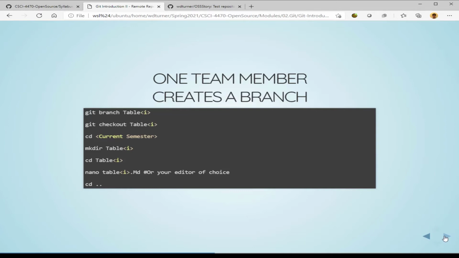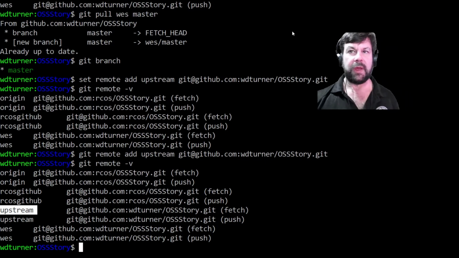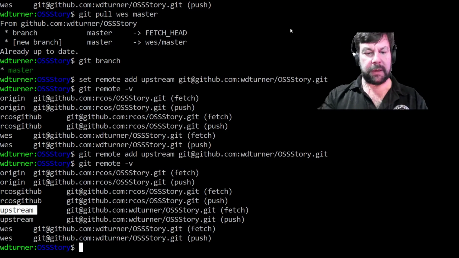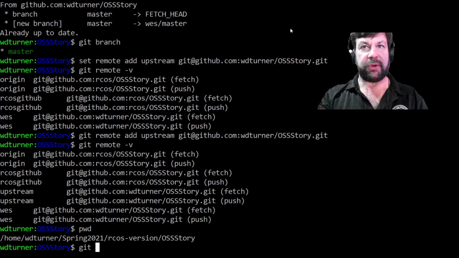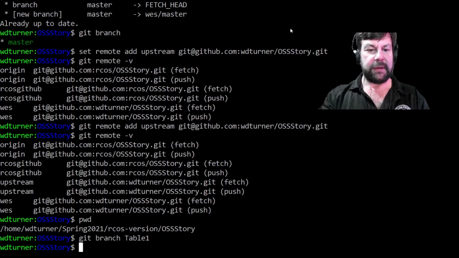I'm going to walk through this pretty quickly, but I think it makes sense to walk through this. When we're generally working now, where am I? I'm in Arcos version. What we're going to want to do is make a branch. So each table can do something like git branch, or each group can do something like git branch table 1, right? You can get your table off the